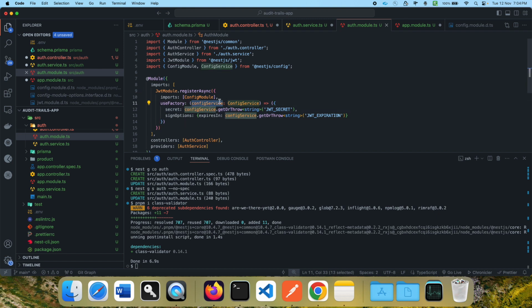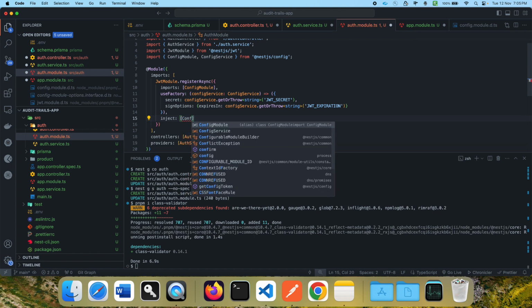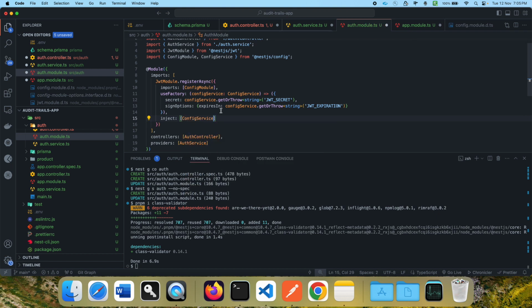To make this config service available, we first imported it in the JWT module. Now it is dependent on config module, and why is it dependent? Since we want to use config service. And how can we use config service? If we are trying to use config service, then we'll have to pass it as a first parameter here, and to pass it as a parameter, we'll have to inject config service here. All right,